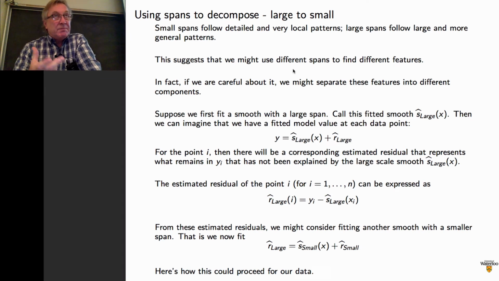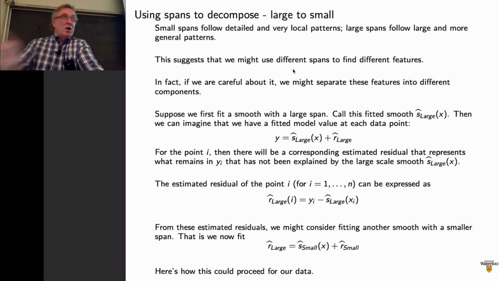So I might use these spans just like we did with a time series, decomposing that time series into seasonal trend and seasonality. I might think about trend as this long span behavior. Seasonality is this sort of short span behavior. Maybe I could break any smooth down into a couple of pieces like this. So I might, for example, take Y, and suppose our smooth now is S, right? So I use a large span